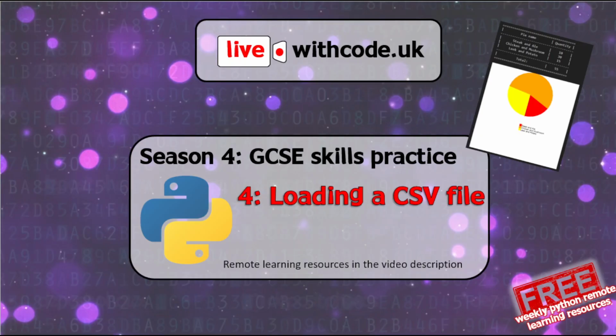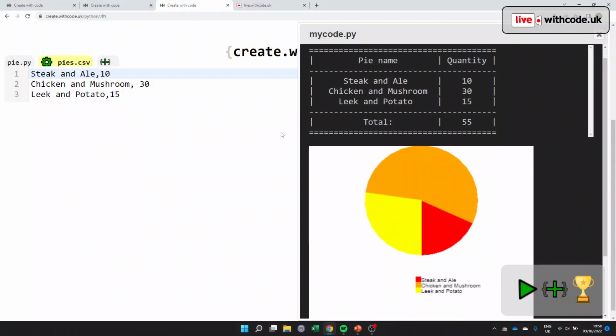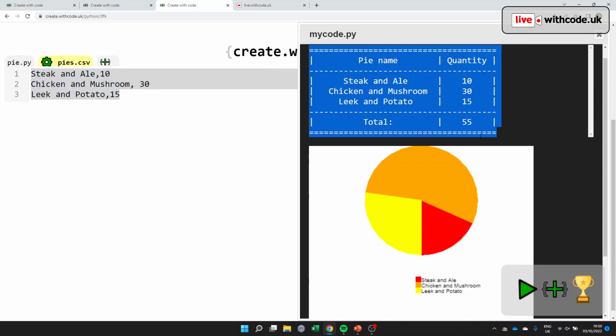In this season 4, we're looking at some Python skills for GCSE computer scientists who want some help with some of the harder questions of the Edexcel Python on-screen paper 2 test. And over the last couple of weeks, we've been looking at a mini-series where we're trying to load some data in from a text file. We want to display it using string formatting,